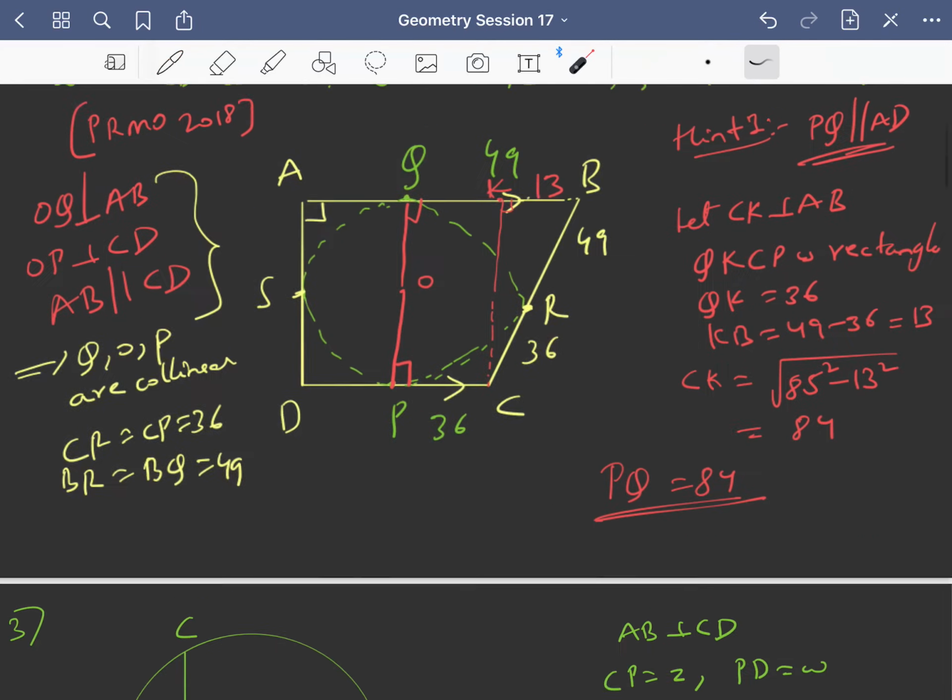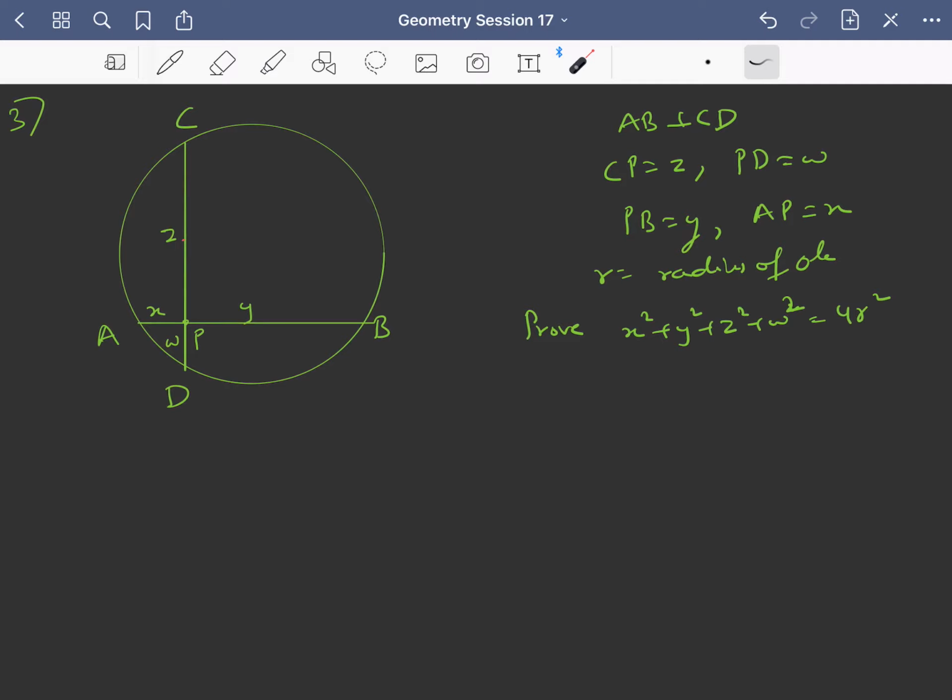Let's move on to the next problem. So if you have not copied the solution of the previous problem, then first copy that and then come back to this problem. Pause the video, copy the solution, and then come back to this problem and pause the video again and give this problem a try. Okay, this is a problem from one of your assignments. Only 1 or 2 students have solved it. So give this problem a try.